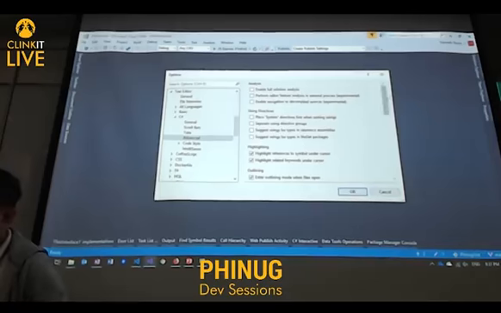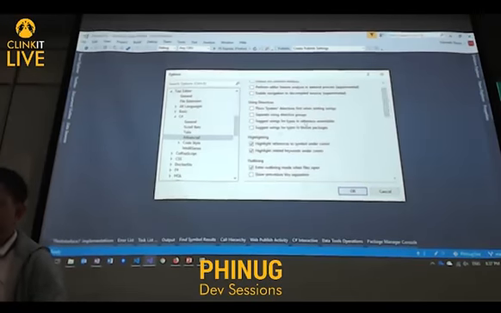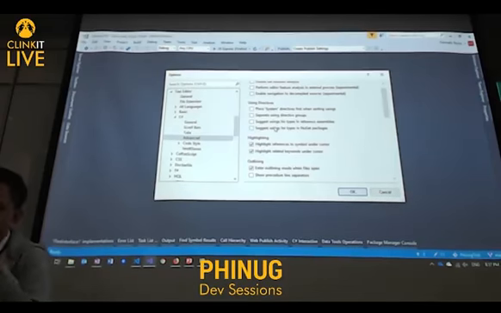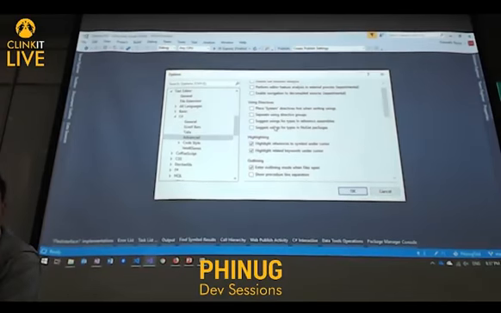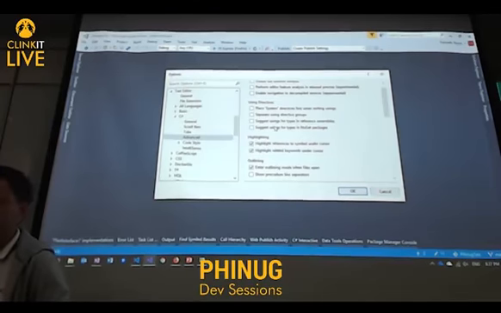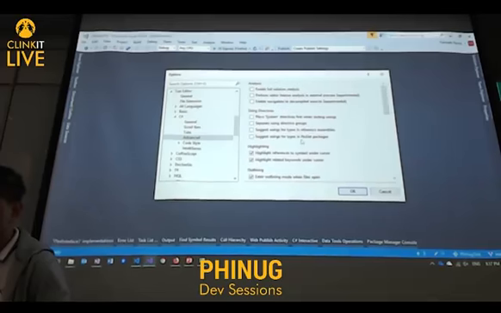I already checked it earlier. So using directives, suggest usings for types in NuGet packages. Just a caveat on this one, it's quite intensive in memory because it actually checks for the references in the NuGet repository, including all the DLLs there. I don't know how they defined it, but it will be eating a lot of memory. But if you click on that and then click OK,